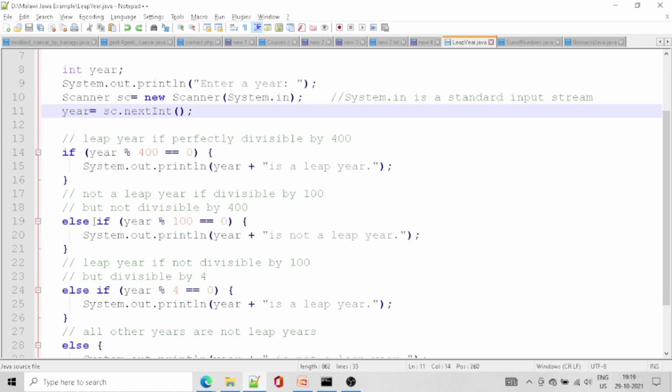So what is the condition to find whether the given year is a leap year or not?